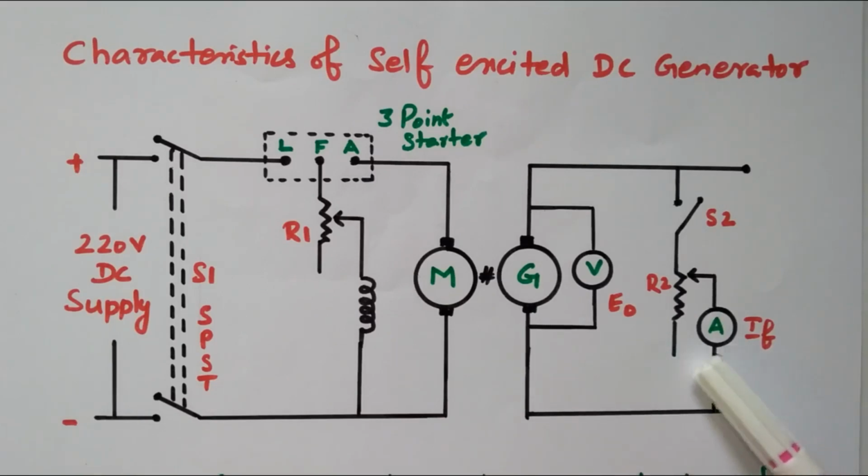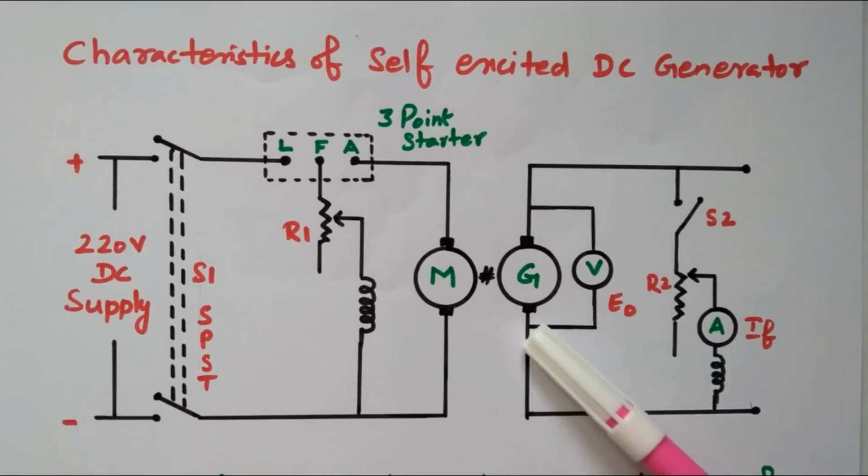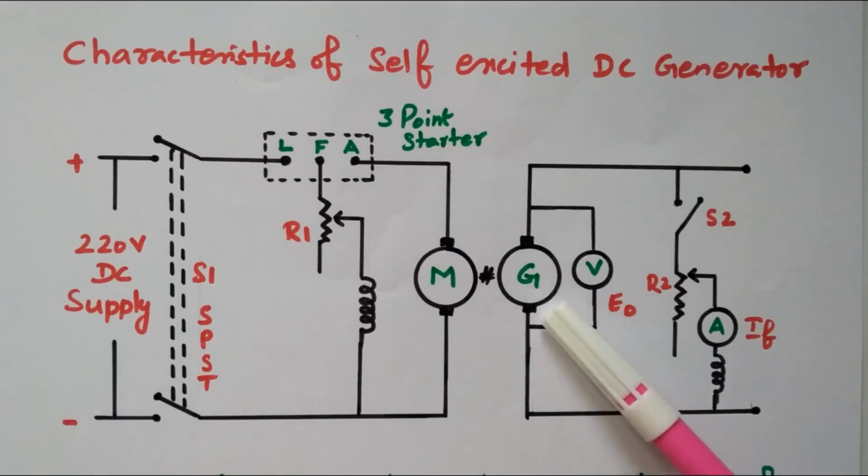There is no separate excitation required for this field winding. The energy available from the generator itself is used to excite the field winding. It's called residual magnetism. Thereafter the current generated from the generator itself is used for excitation. That's why it is called self-excited. In separately excited, the field winding is connected separately, independent of the armature. Right? So the field winding, stationary part, and armature, rotating part, are both connected in parallel. So that is called self-excitation. Due to residual magnetism at the initial stage, later on the current generated in the generator itself is used for